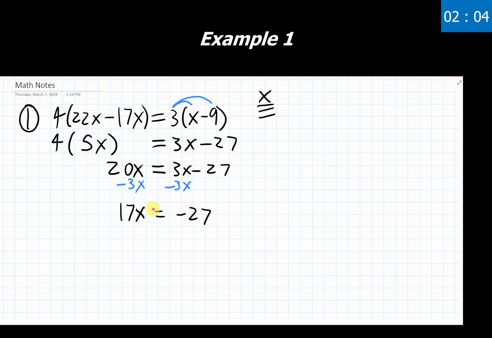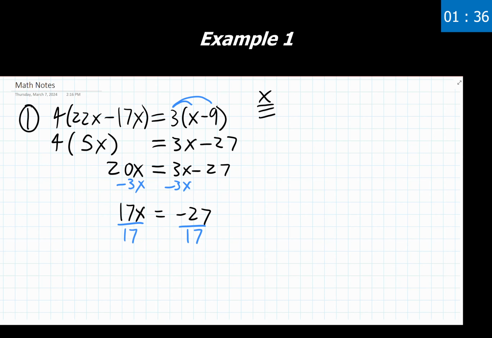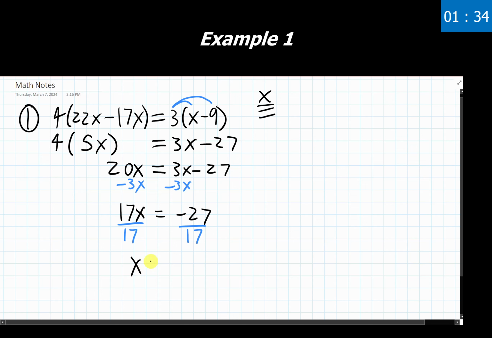Another way you could phrase that is I want to eliminate the coefficient in front here, or a coefficient that might be sitting right below here if there's division taking place. So 17x means 17 times x, so I need to undo that multiplication with division. To get rid of that, I'm going to divide both sides by 17. And again, if you want to show that cancels out there, you're welcome to do that. I'm going to leave the red line out there.